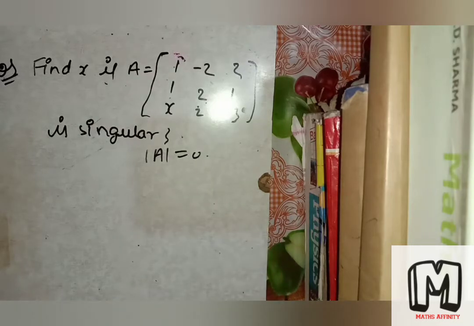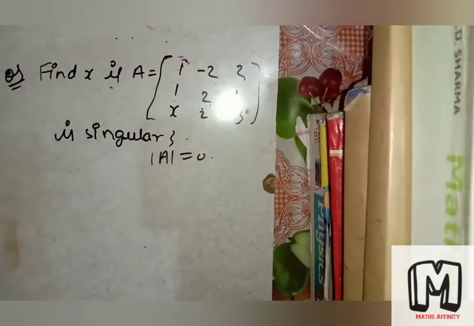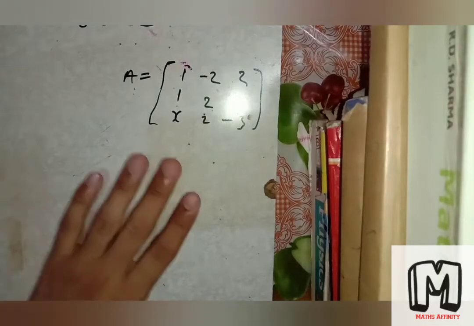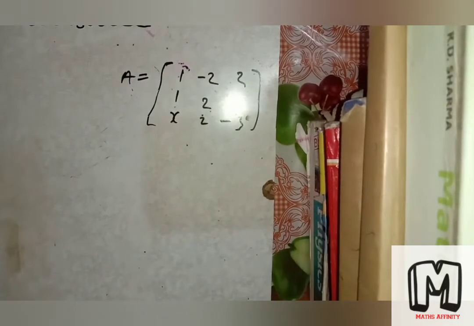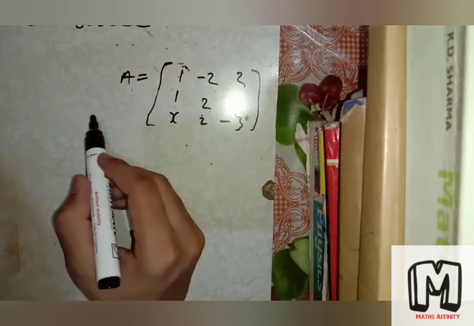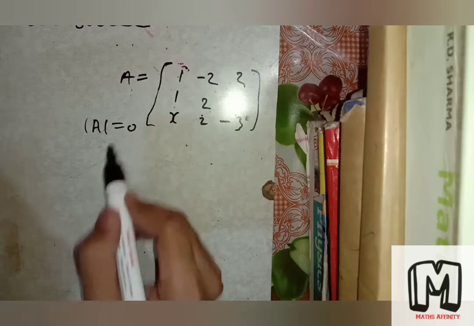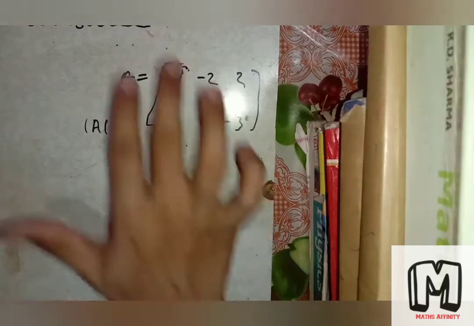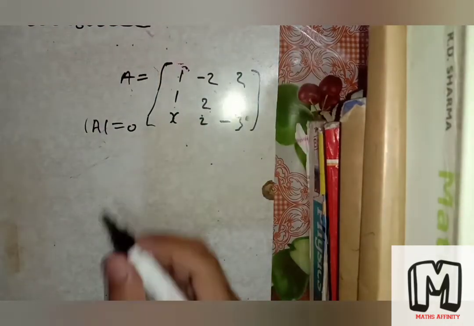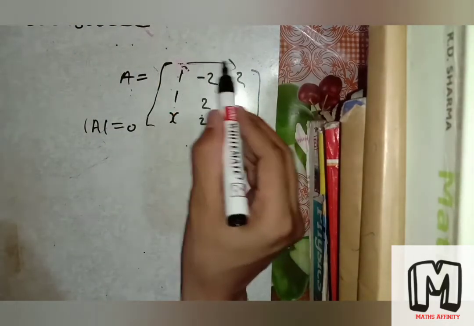So I'm going to solve the question. Firstly, pause the video and note down. I'm waiting. Okay, the question is this. I had erased some part that is not necessary. So this is, and what will be mod determinant of A equal to 0. Then we will find the determinant of A. How will you find the determinant of A? I'm going to expand along R1, take as usual along R1.